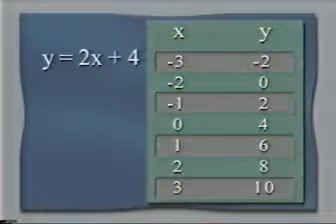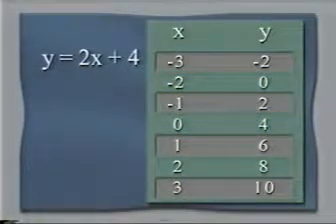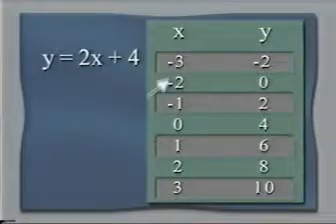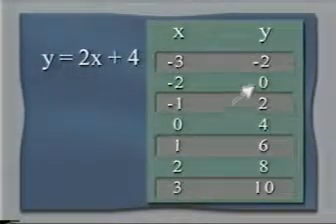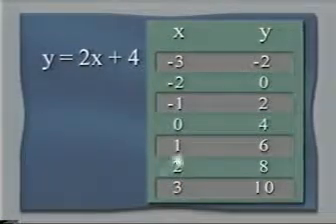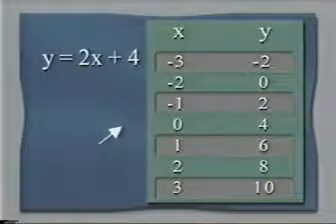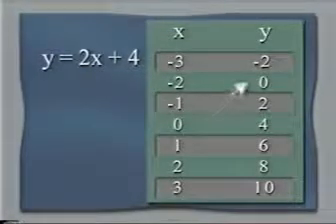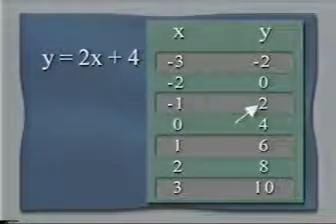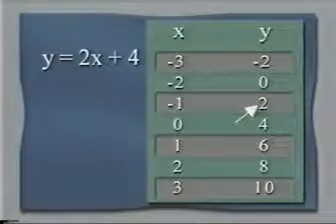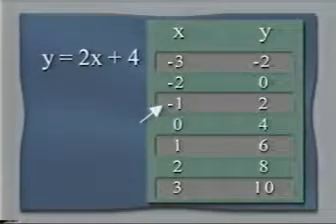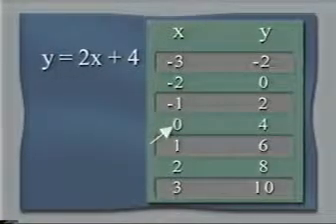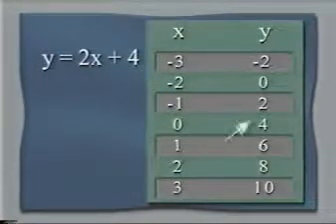An extremely important pattern can be observed if we move down the roster. Every time x increases by 1, y increases by 2. It happens for every value of x. Notice we go from -2 to -1 in the x column, y goes from 0 to 2. An increase of 1 in x, y increases by 2. We go from 0 in the x to 1 in the x, and y goes from 4 to 6, an